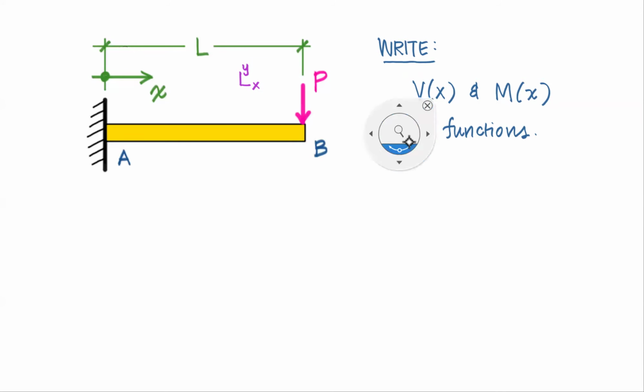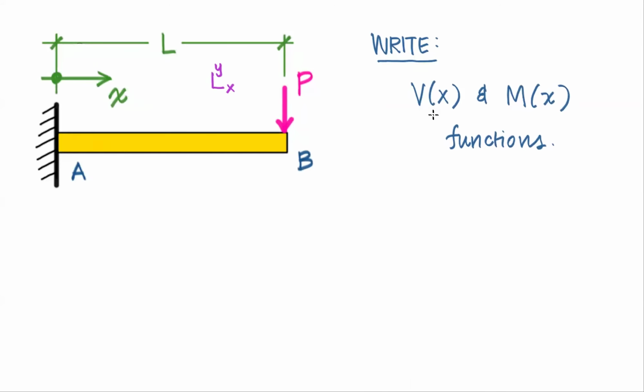What we're actually doing is shear forces in the Y direction as they vary with position X, and moments about Z as they vary through position X. So you would say this V sub Y as a function of X and M sub Z as a